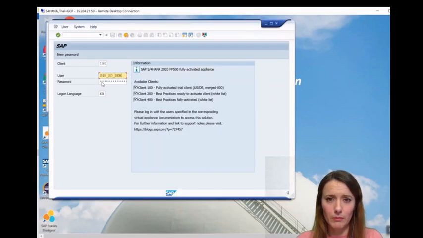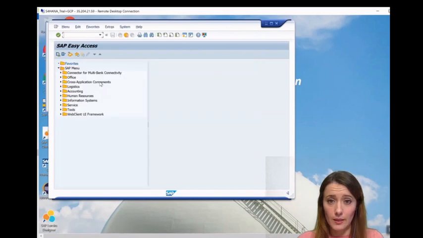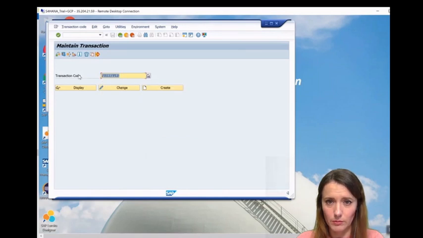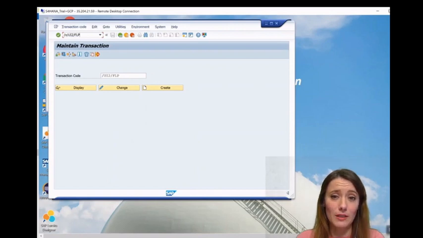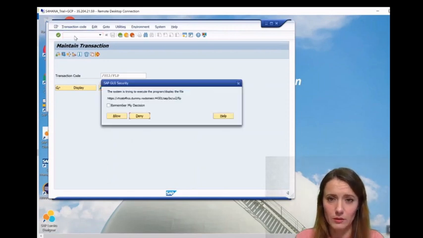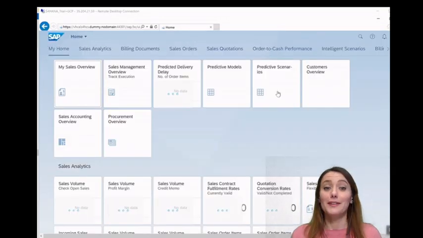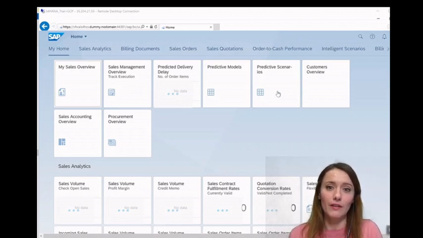So let's put the user and password, and let's test the connection to Fiori. That is not in favorites, so let me look for the transaction with /n, because every transaction starting with a slash will fail if you put it in directly. So you always have to put a /n if the transaction starts with a slash. And you log in again. It's a little bit slow, I cut the video, but here you see all the Fiori apps that are assigned to this user.